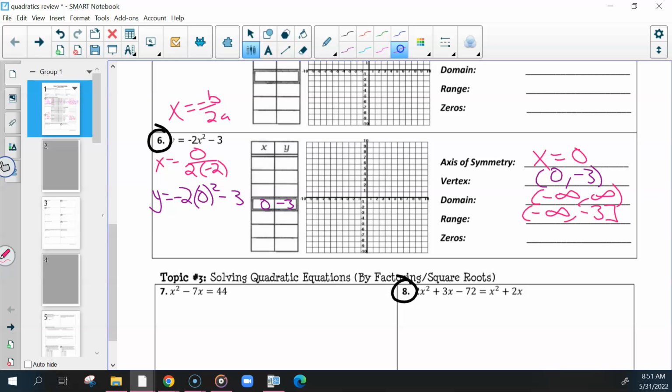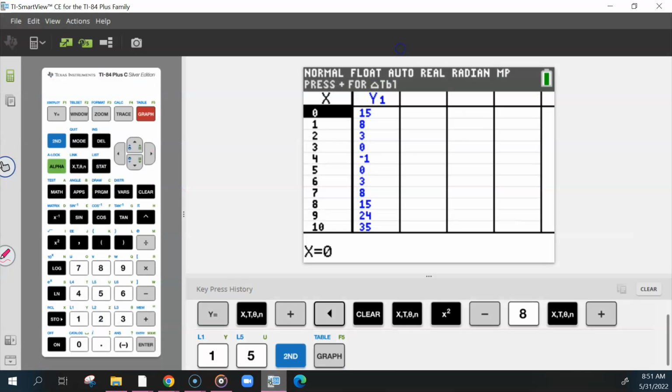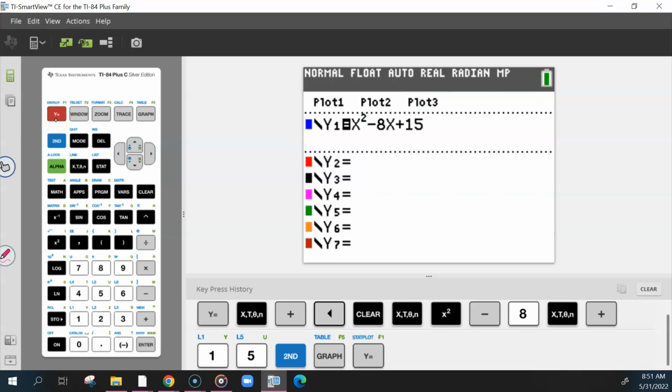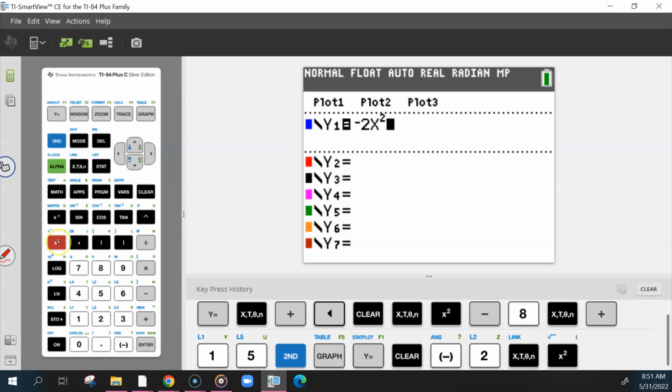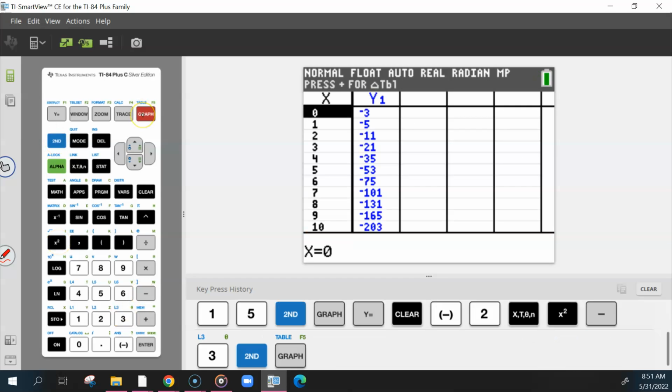Put this into your y equals and start finding your values of your table. I'm going to fill in my x values. So we have backwards, negative 1, negative 2, negative 3. Forwards, 1, 2, 3. Some of these points will not fit on the graph, and that's okay. Put the points that will fit. I think the graph goes to negative 10, so we want to put to negative 11. But 0, negative 3, negative 5,